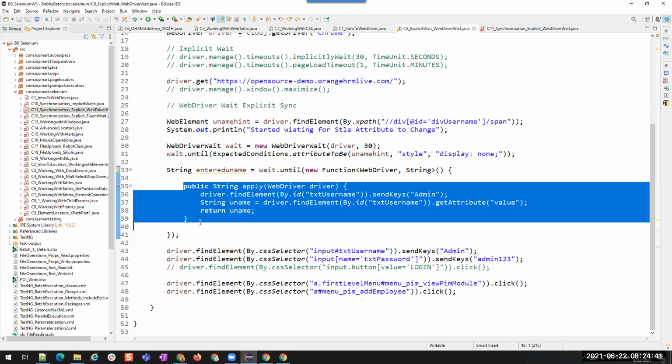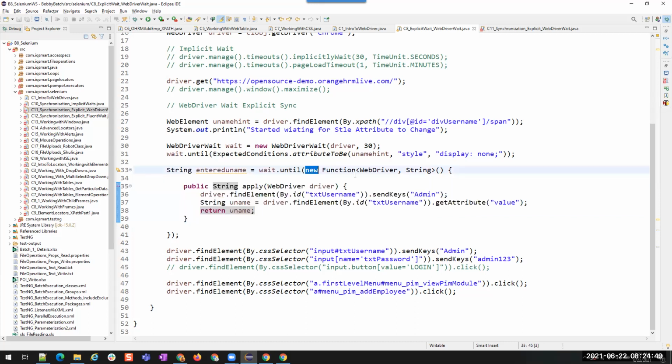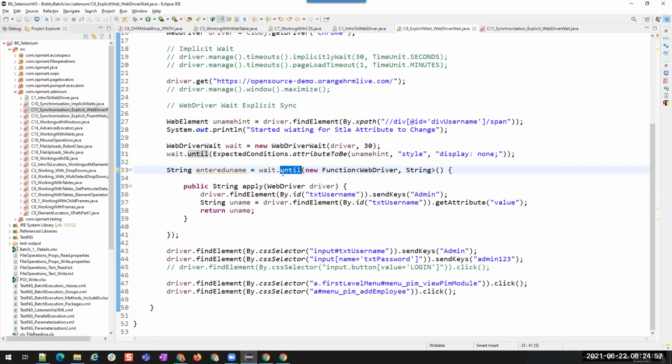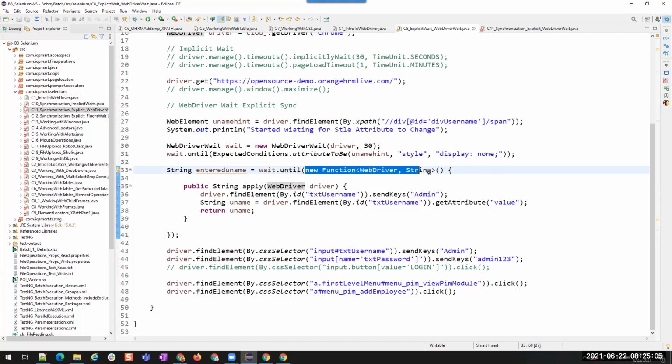But for this to be applied inside a WebDriver wait or for synchronization, we have to add this extra, because we are applying it on the until condition, right? Inside the until we are using these conditions. So to let this until method know that this is a function, we have to write this.